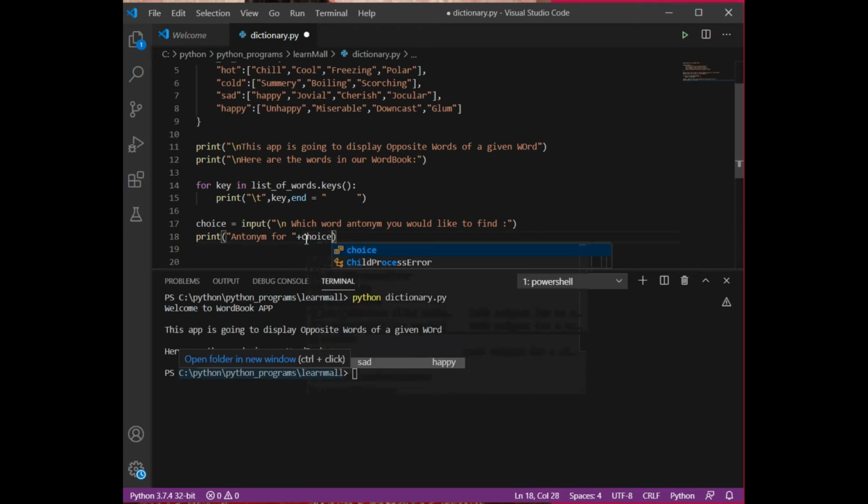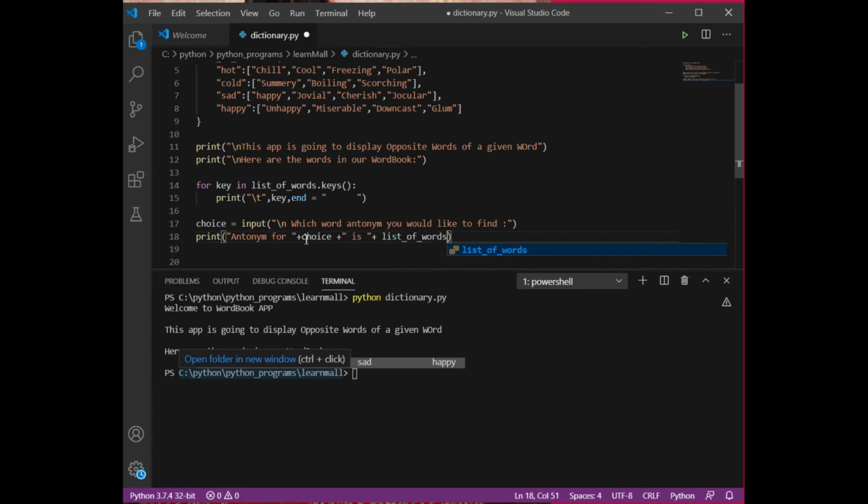Antonym for choice, then we are going to put is. Okay, and then again plus, then we will say list of words.